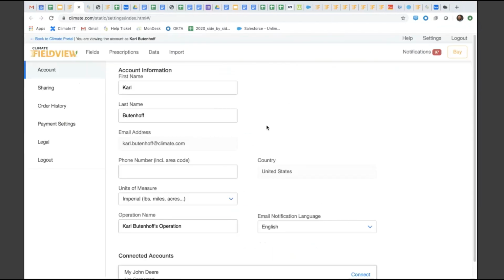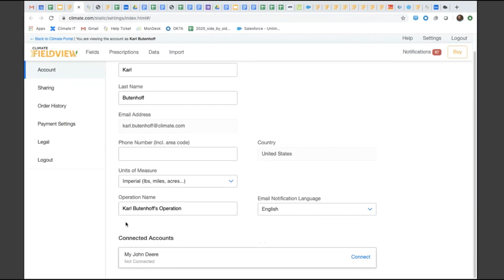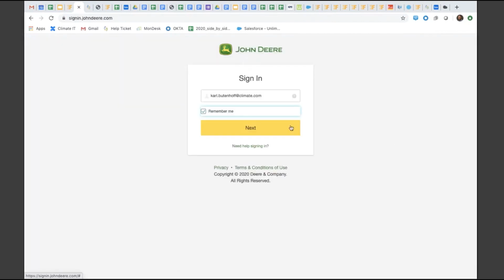it only takes a minute or so to walk through a couple steps to connect your accounts. So after clicking on connect your account, you'll see it takes us to our account settings. If you scroll to the bottom, you'll see a section called connected accounts. And right now you can see My John Deere is not connected. So if you go to the right here, click on the blue connect button, this will bring you to your